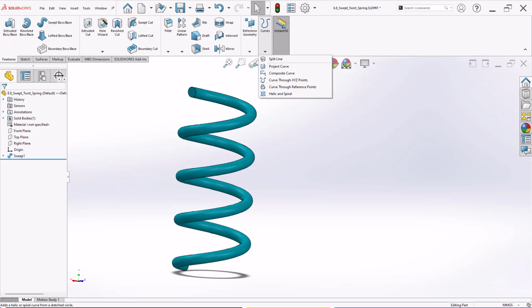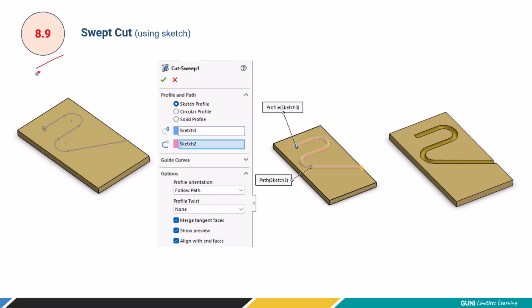Here we are able to create a 3D helix curve, and then at the end of the curve we create a sketch, and that sketch will simply be swept along a helical path. Now exercise 8.9 discusses the feature called sweep cut. Instead of adding material, this will remove it. There is a stringent requirement for the sweep cut feature. Either you can use a sketch profile,